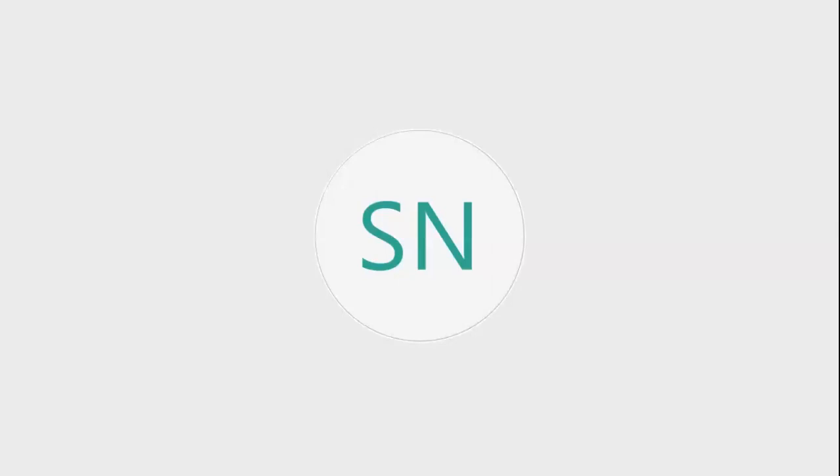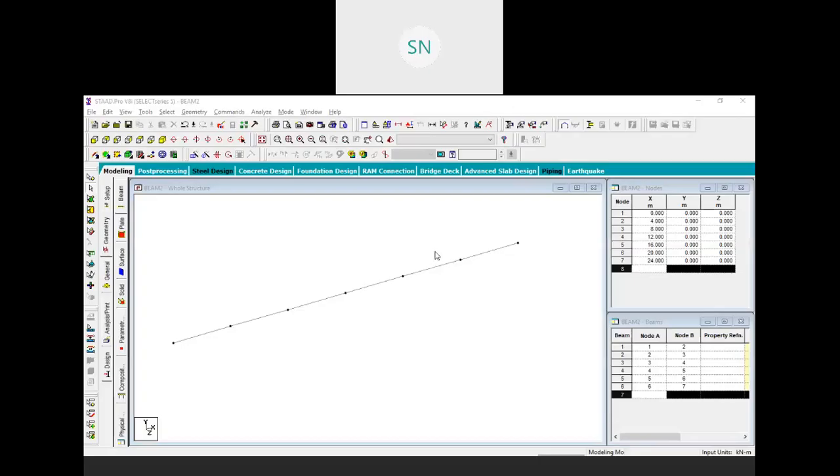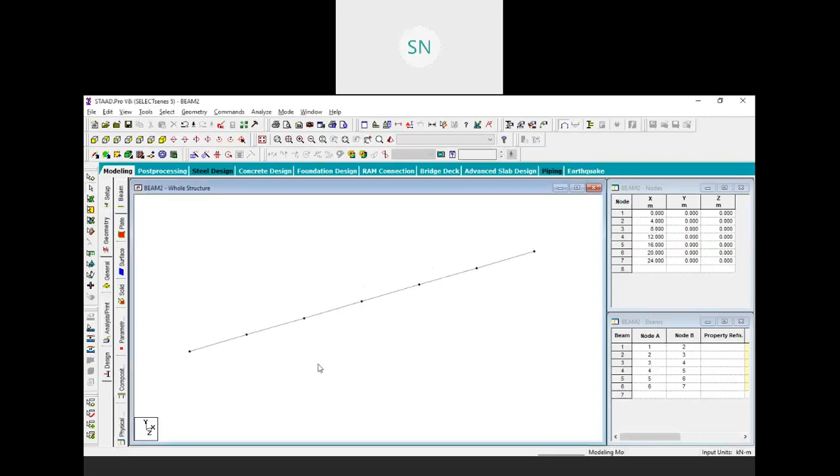Can we analyze 2 different beams in one sheet? Here we have 6 different beams. So yes, we can. So here we have 6 beams. Take it in front of us. Now next is cross section property.